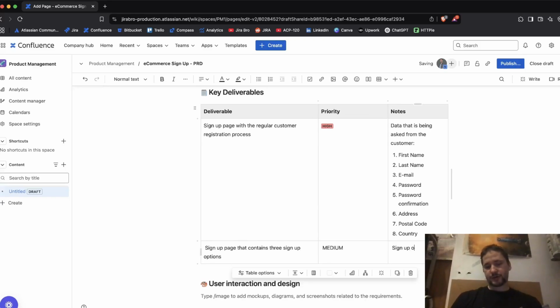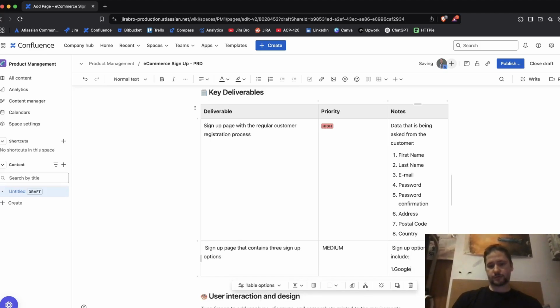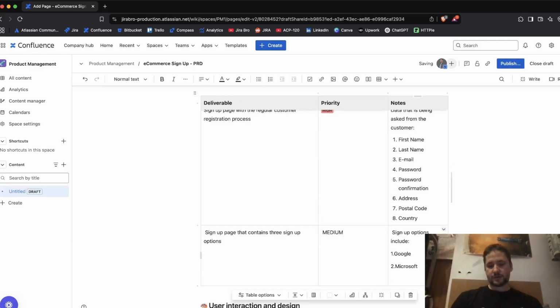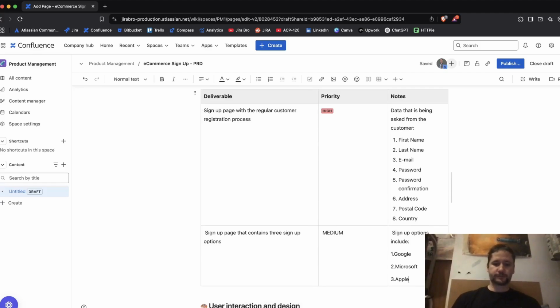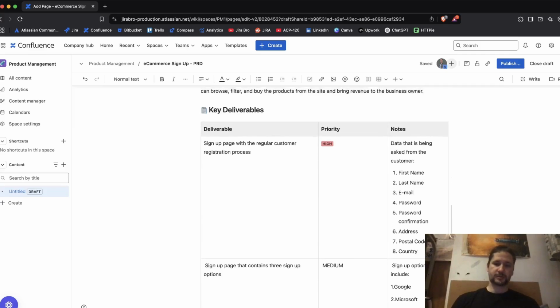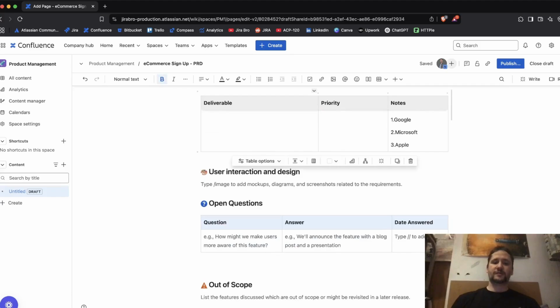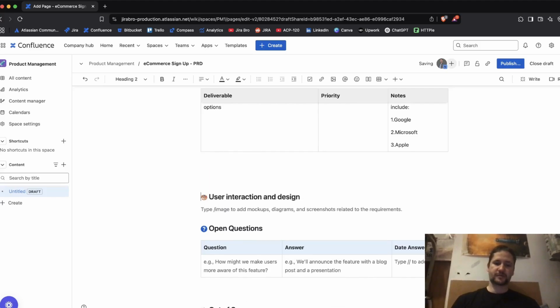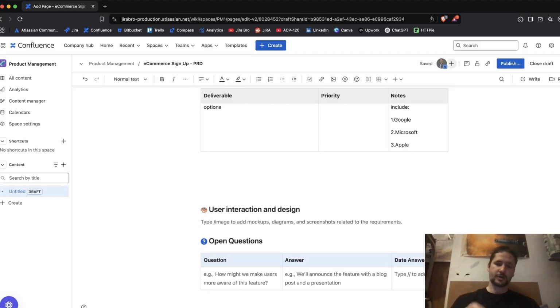Sign up options include, I'm gonna say Google, say Microsoft, and I'm gonna say Apple, for example. There we go. Okay, from here, right? So from here, what we're having are gonna be some user stories. So yes, this is the design right here, but basically we're not going with the design. So I'm gonna be saying that this is going to be, what is this? Heading number 2,